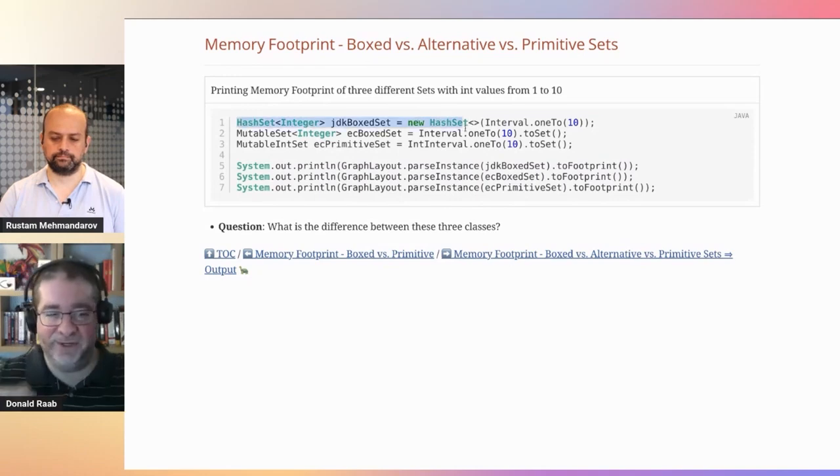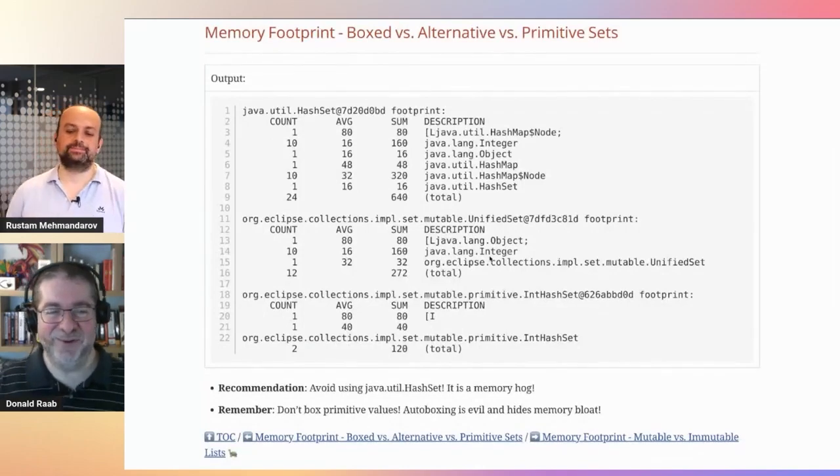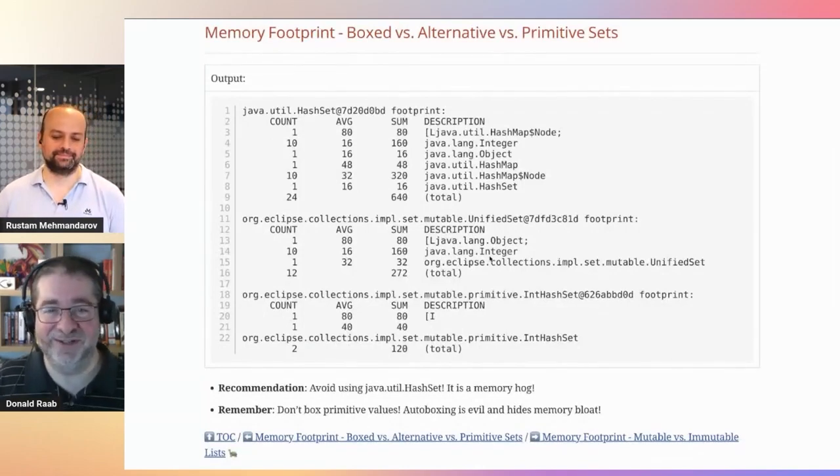So here we're going to basically compare 2 set implementations and then a primitive set implementation using JOL, doing the same thing, just parsing each one and doing their footprint. So what do you think the difference is going to be between these 3 classes, right? So again, the answer is coming in 3, 2, 1. Ta-da! Okay, so looking at HashSet, what you'll see is we wind up actually creating 24 objects here,